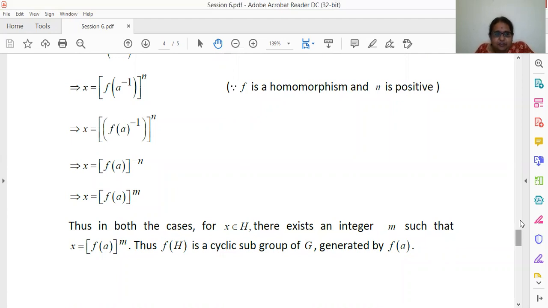Now in this theorem, we have made use of the definition of homomorphism and we have used the previous result, that is, f of H is a subgroup of G dash. And here we have made use of the definition of cyclic subgroup. But if only this theorem has to be proved, then whatever we have proved in the previous theorem for f of H being a subgroup of G dash has to be proved along with this.